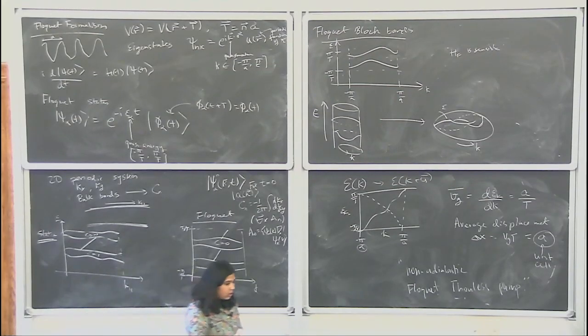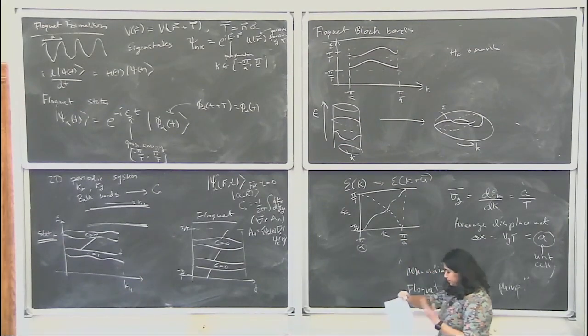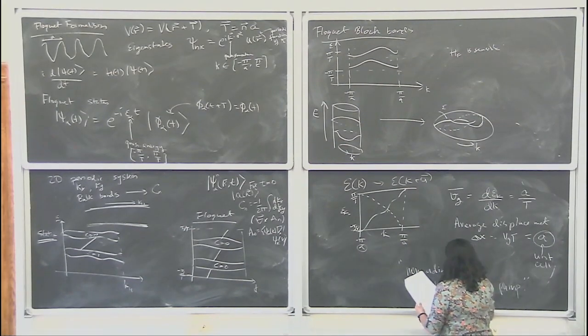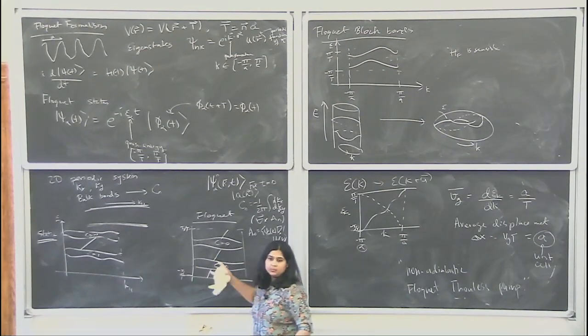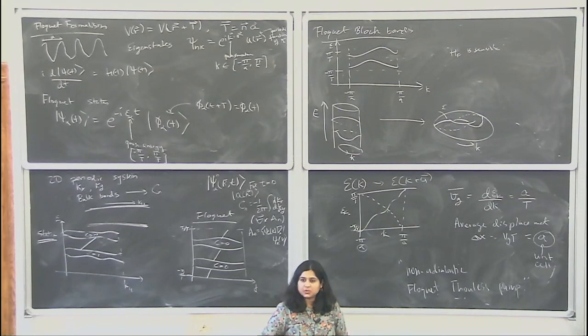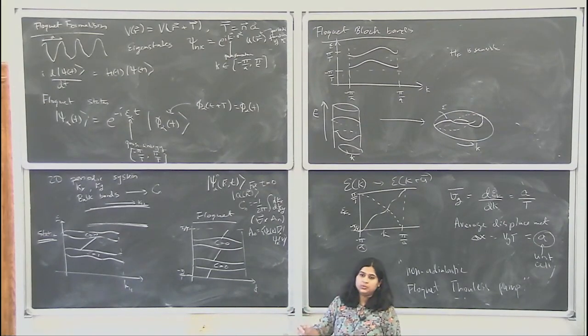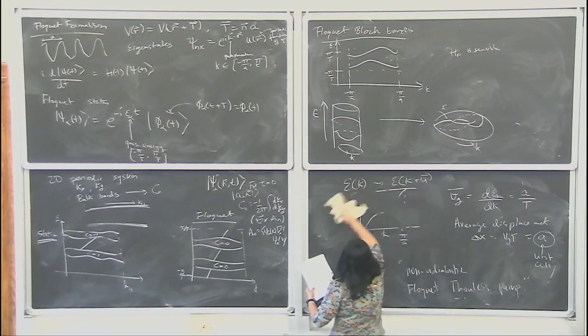Okay. So what you have to do to really classify the system completely is, it's not just periodic in space anymore, but it's also periodic in time. And what you need to do is to actually look at what's called the micro motion of the system. That is, how does the system behave not just at time 0 and time T, but everywhere in the middle between 0 and capital T. Okay? So,